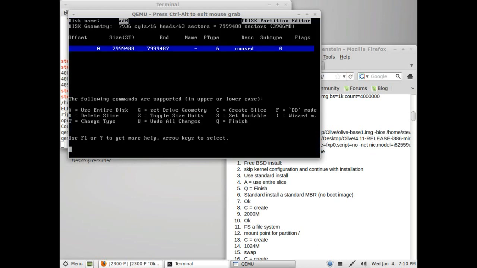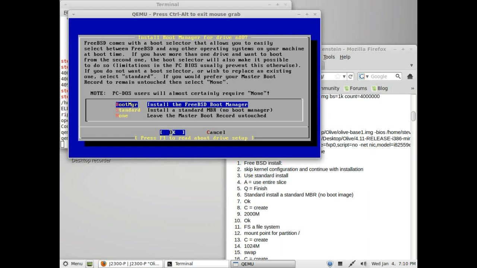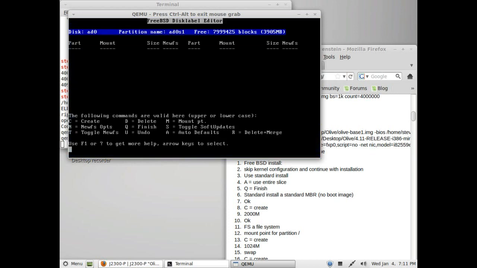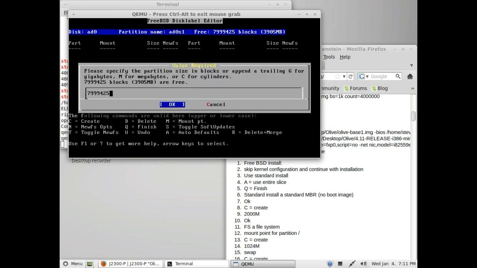Choose OK. Then we're going to use the entire disk. That's A. And then we will go ahead and queue to finish. And then we'll pick standard install, no boot manager. Hit OK, and then we'll start creating our slices. So just hit C,